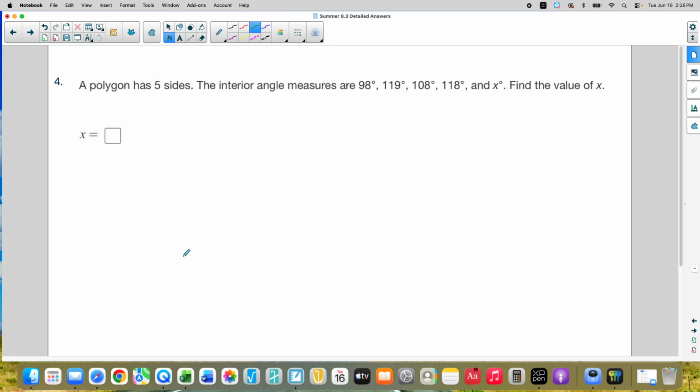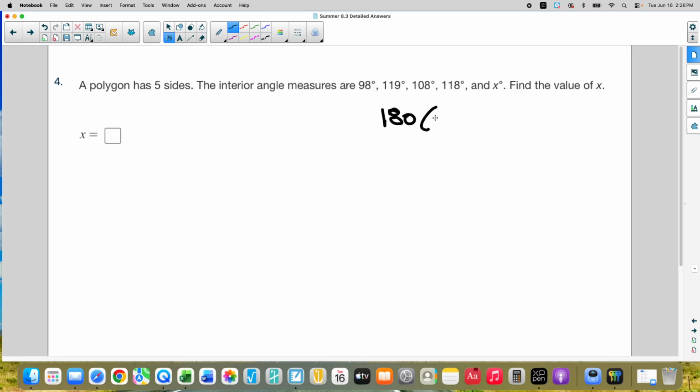The interior measures are 98, 119, 108, 118, and x. Find the value of x. So since we have a polygon, it's a 5-sided figure, and I think the formula, if I remember correctly, is